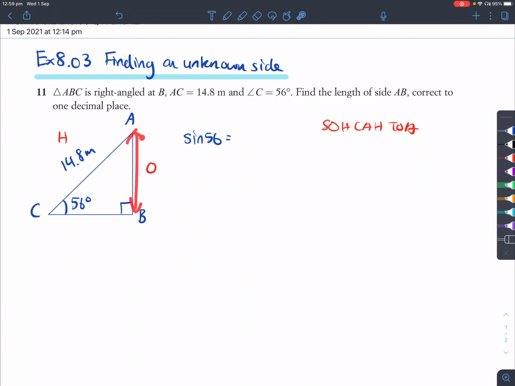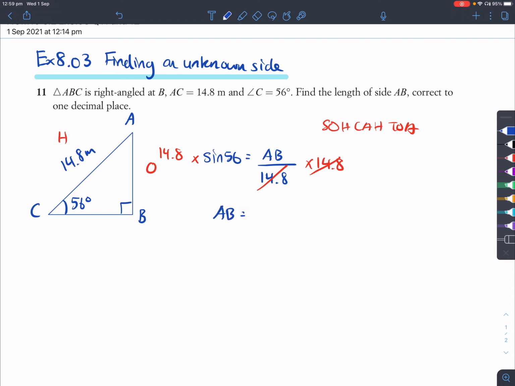which is the length AB. So write AB all over 14.8. And if we want to solve for AB, well, we've got to get rid of that 14.8 at the bottom. The opposite of dividing by 14.8 is multiplying by 14.8. And we'll do that to both sides. So the division of 14.8 and the multiplication of 14.8 will cancel, so that AB will just equal to this. And we'll put that down in our calculators,